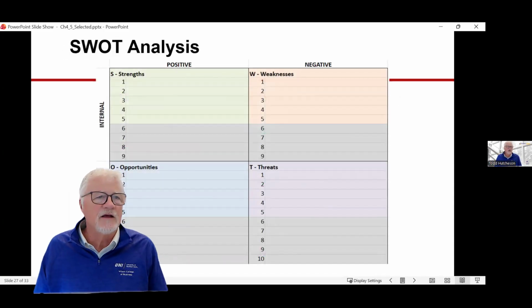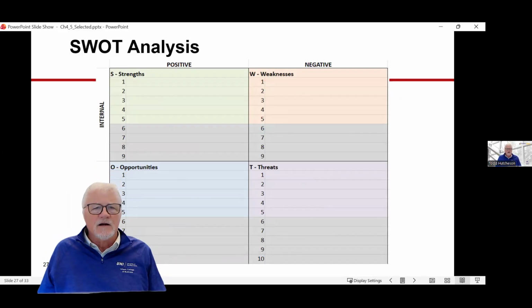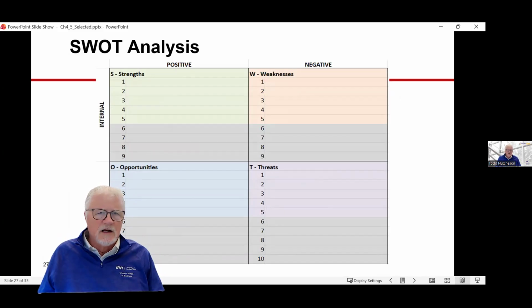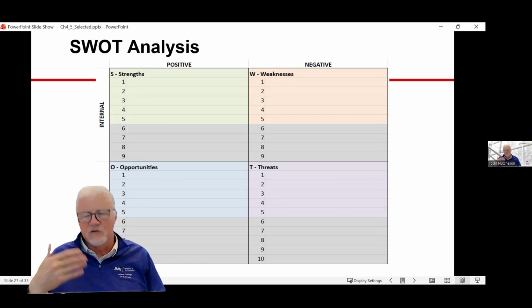You can put it in a very nice chart format. Internal and external on the y-axis, positive and negative on the x-axis, and simply go in and list. I've done SWOT analysis with many different companies, and I don't know what the largest one I've ever had was, but I'm going to guess in the four quadrants we had between 70 and 80 for a recent one that I did with a company, 70 to 80 total, which leads to other concerns